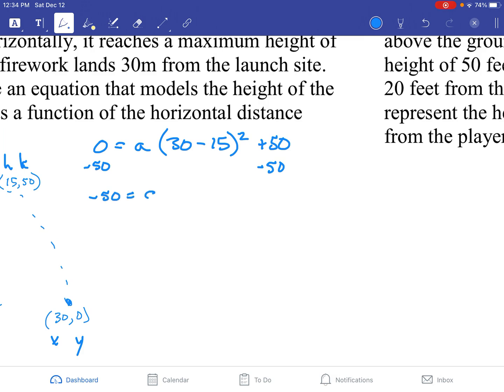Negative 50 is equal to a times 15 squared, which is 225. So we have negative 50 divided by 225, so a will equal